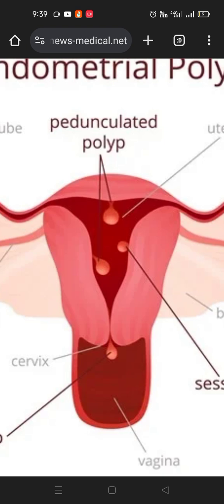But if cervical polyps are seen in the young age group, the reproductive age group, then we just go for polypectomy along with endometrial curettage. And ultimately we also have to see the squamocolumnar junction of the cervix, and look for any dysplastic changes inside. So this was all about it.